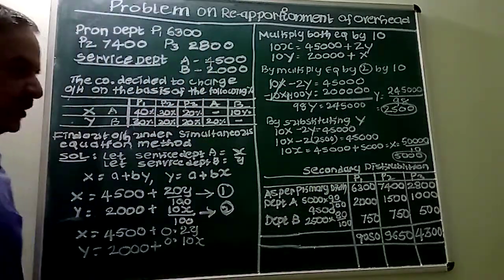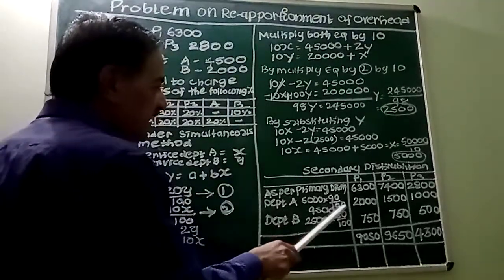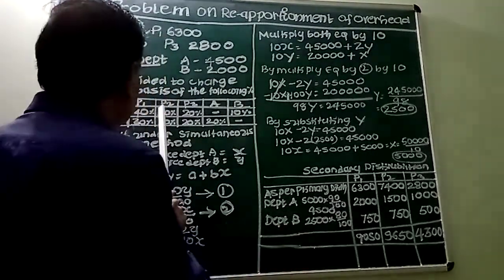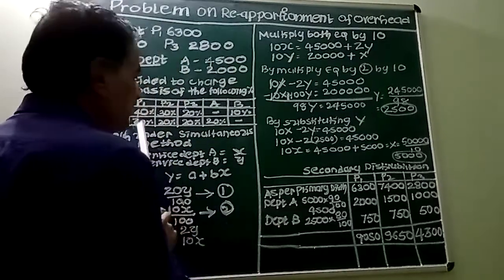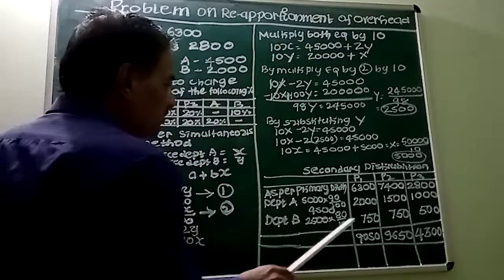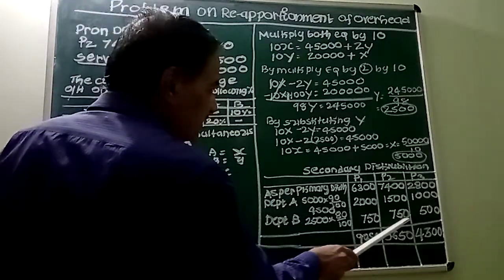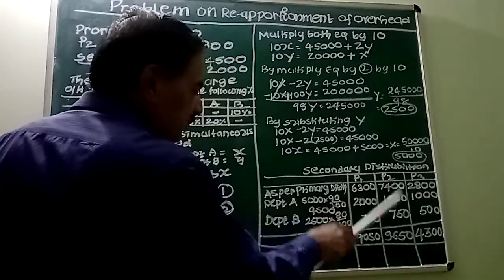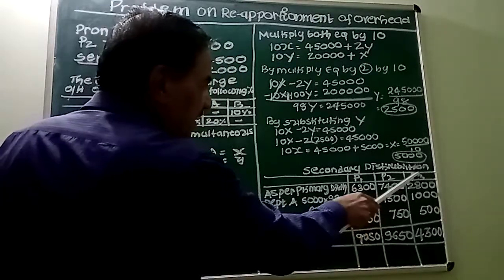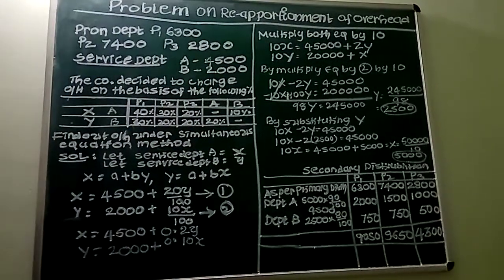That 5,000, you take the percentages. 90% you take, share it in the ratio of 4 is to 3 is to 2. That we have done here. And similarly, department B, you have to share it in the ratio of 3 is to 3 is to 2. We have done it, 750, 750, 500. Totally, the total is 9050. P2 is 9650, and P3 is equal to 4500. Accordingly, we will have to total.